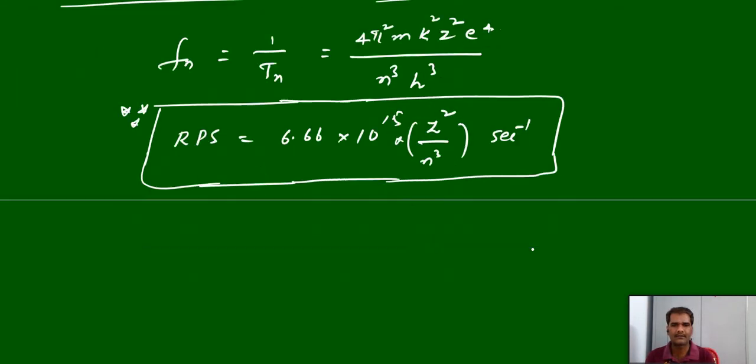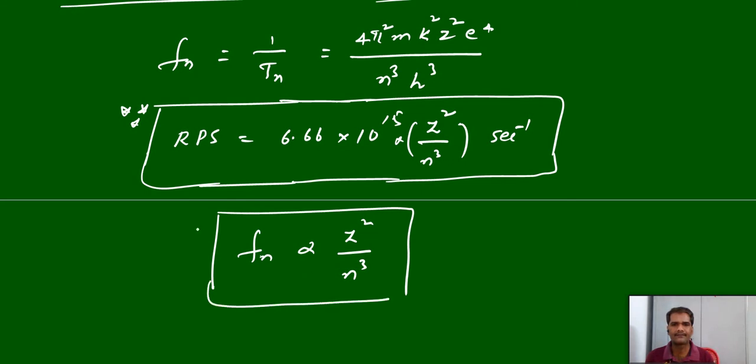Again here, frequency of revolution is directly proportional to z square by n cube. Very good to know. So these are some various relations from Bohr's atomic model, their results or applications we can say. For mains level, velocity, radius, energy calculations are important. At advanced levels, questions on time period and frequency of revolutions, some further extended questions, will come.